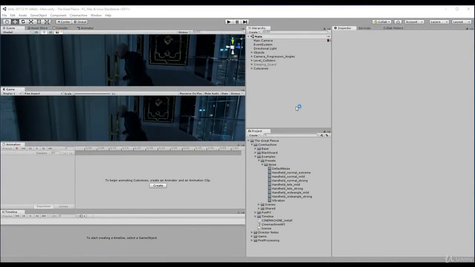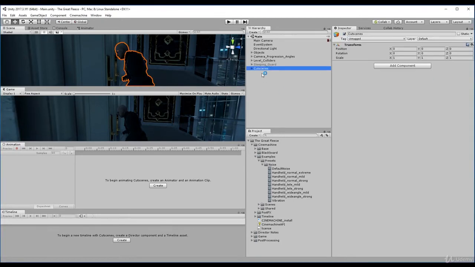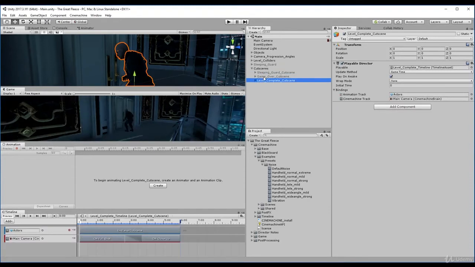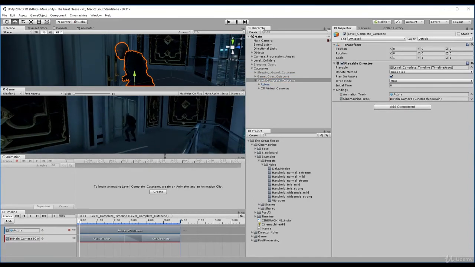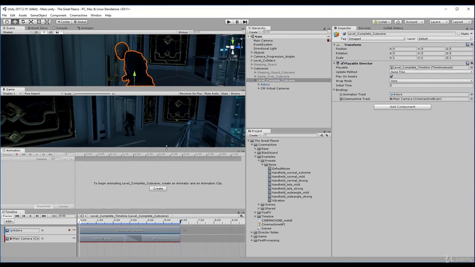In this challenge review, we're going to be creating all of the camera fade effects, from the intro fade to the outro fade, bringing the UI menu. Okay, so to get started, we need to select our cutscenes. We need to go into our level complete cutscene, and we need to add our UI elements. So the first thing we want to do is the black fade to alpha for the